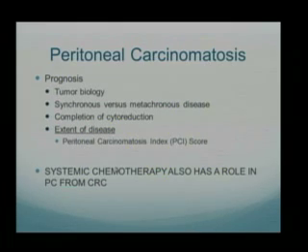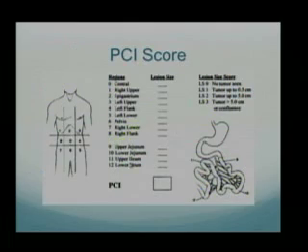And then one thing that SCORE wants you to know is the extent of disease when you start out, which would be in this case, peritoneal carcinomatosis index. And this in brief is what PCI score is. So you divide the abdominal cavity into 13 regions. Periumbilical is a 0, and then you start out in a clockwise direction, 1, 2, 3, 4, 5. So these are 9 regions, and then you look at inside the peritoneal cavity, and specifically at the